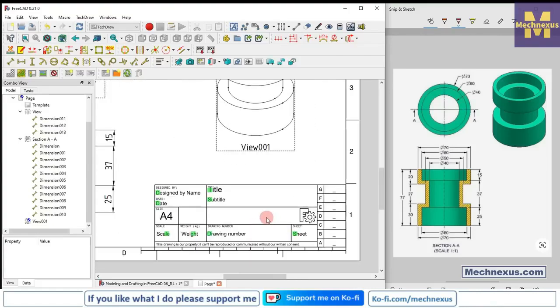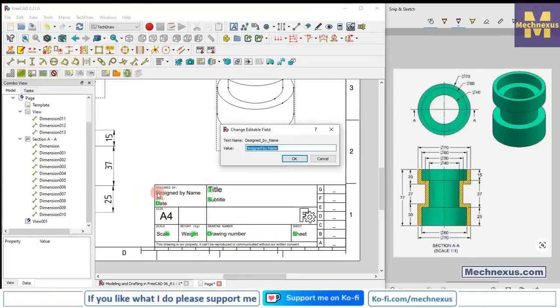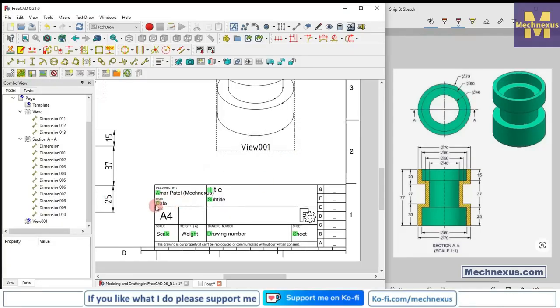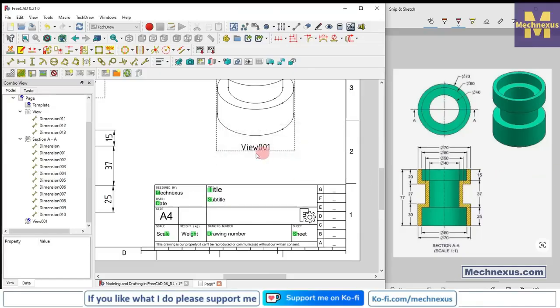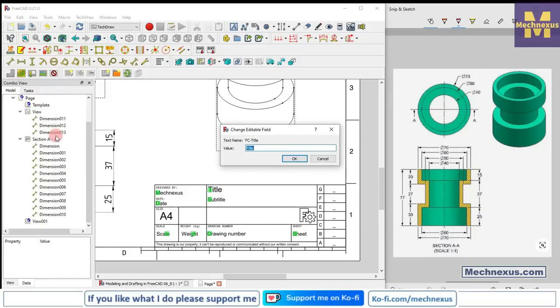Now we will learn how to edit the title block. The green tick marks which you are seeing here are editable fields. For example, design by name. So for design by, I put my name, Amar Patel, in brackets Mechnexus. Click on OK. Here I can put my date. Here it is going outside, so I will put my channel name, Mechnexus. Okay, title, we will give our tutorial title here,